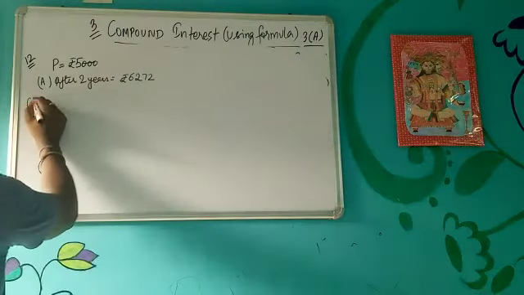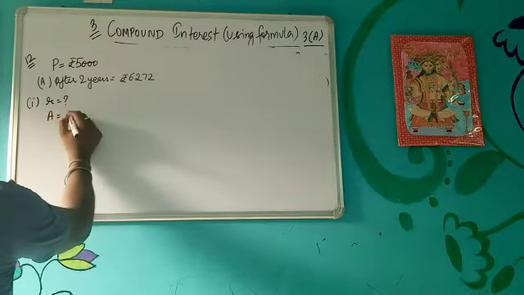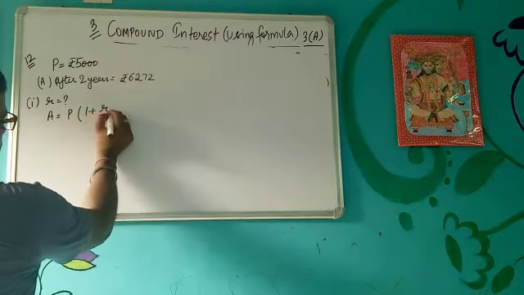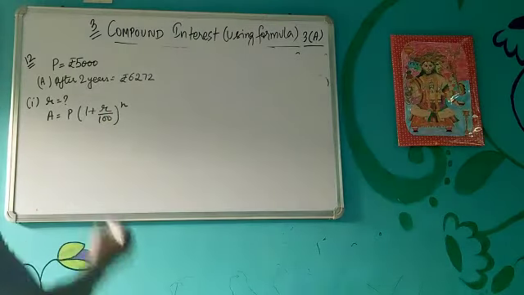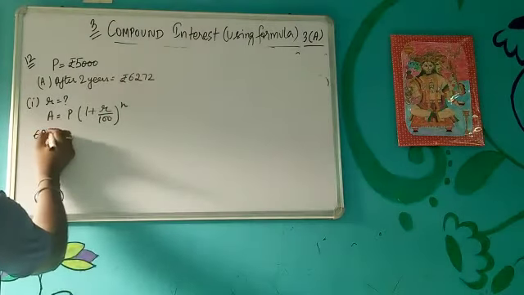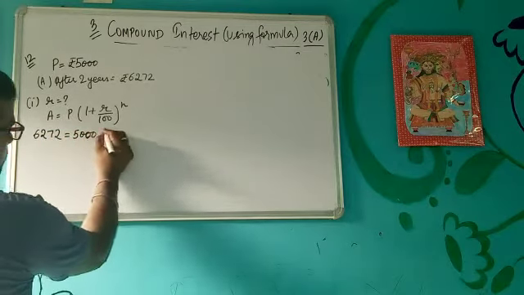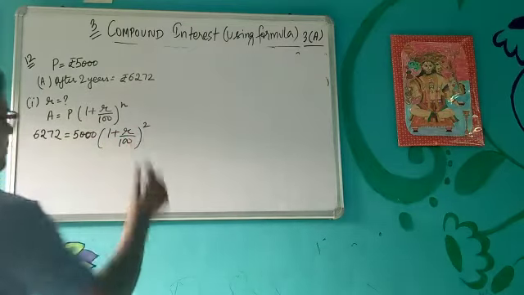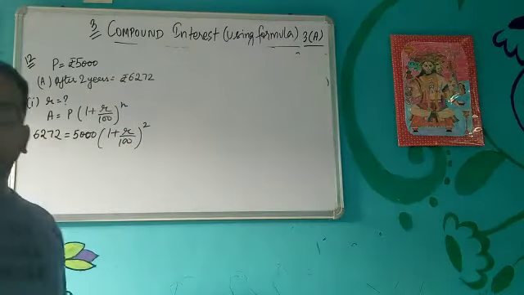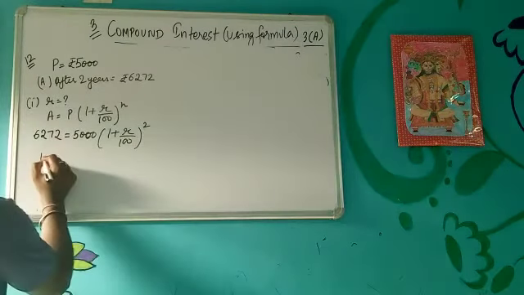So for the first part we have to calculate R. So we will use again this formula that we are using since the interest is compounded annually. So let's put the value 6272. For this it is 5000, 1 plus R upon 100 to the power 2, because we know the amount after 2 years. So when we solve it,